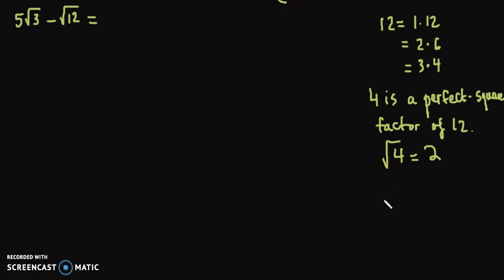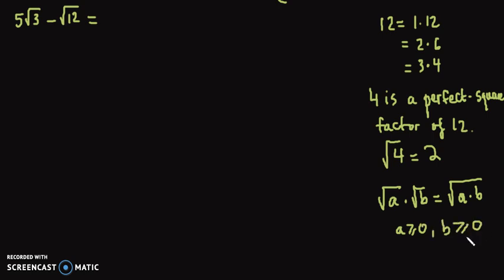Also remember that when you have square root of a times square root of b, from previous lesson, this would equal square root of a times b, with the product a and b under the square root, provided that a has to be greater or equal to 0 and b has to be greater or equal to 0. So again, 5 times square root of 3, you rewrite that, but then square root of 12 you would rewrite it as a product of 3 and 4,